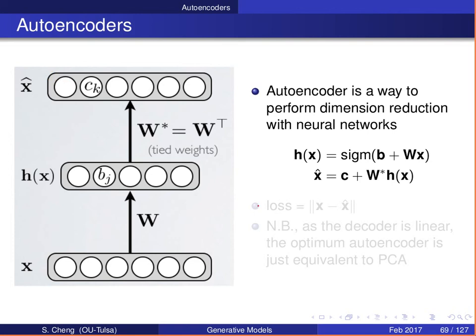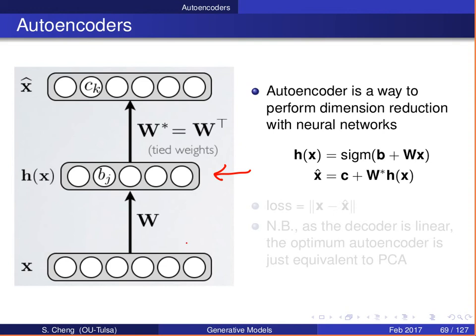Typically, because you want to do dimension reduction, you expect the middle layer to have fewer hidden units. And as we mentioned, assume that, let's say, I have here